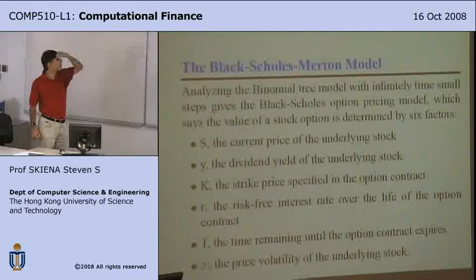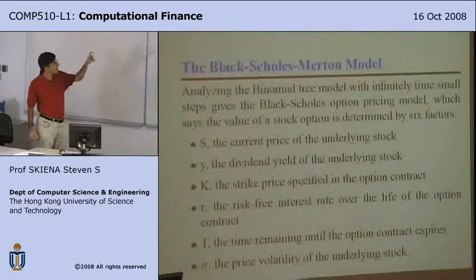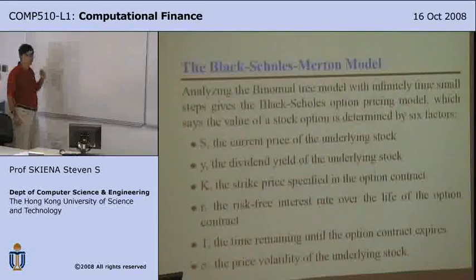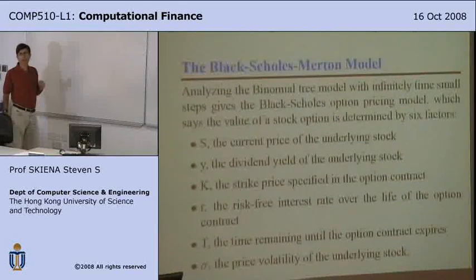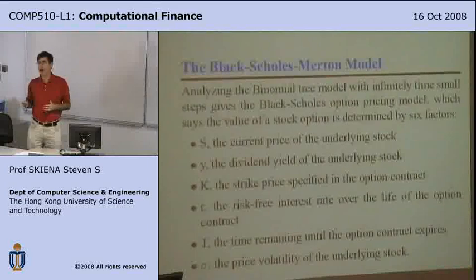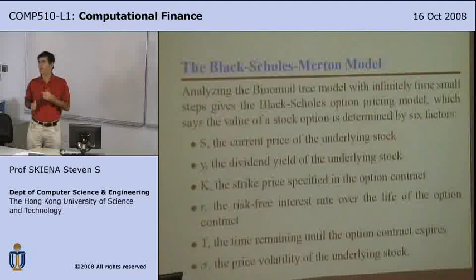The Black-Scholes-Merton model, which leads to the Black-Scholes equation, and you can add Merton's name or not, depending upon how you feel, is basically a binomial tree model where the steps are infinitesimally small. Infinitesimally small means we're talking about things that are continuous. That gets us into this calculus world. Remember, at one point in math there was calculus. In calculus, everything was continuous, and you had infinitesimals. And then you became a computer scientist, and you forgot about calculus. You didn't have integrals anymore.